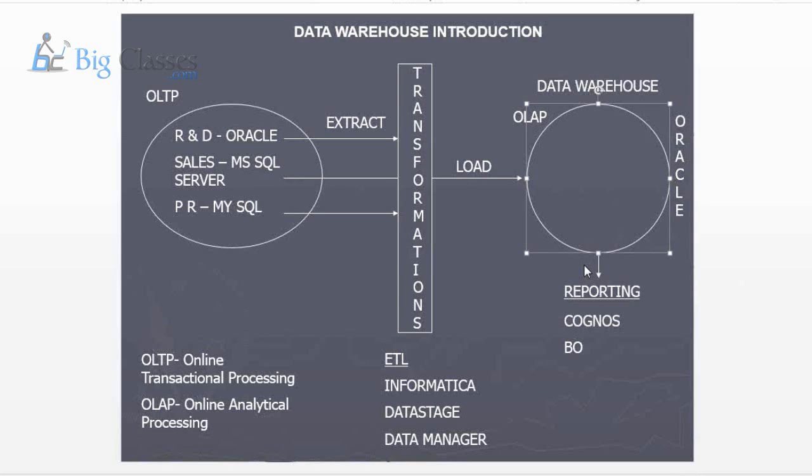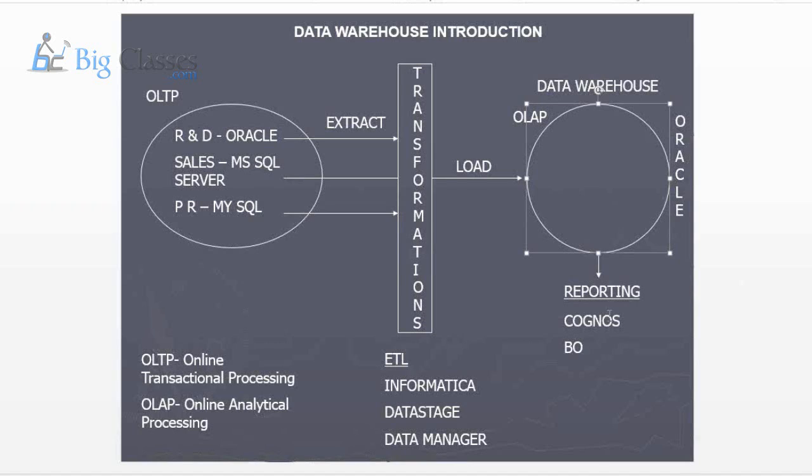Instead, if I prepare some trends and charts, saying these are the top 10 employees who are working very well in Asia Pacific, and these are the last 5 products which are not moving at all in Europe, like that, if I prepare some charts or pivots and present them to a user, they can understand that easily, right? Yes. That is why in the data warehouse another part is there, that is the reporting area.